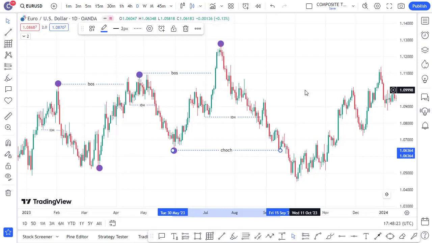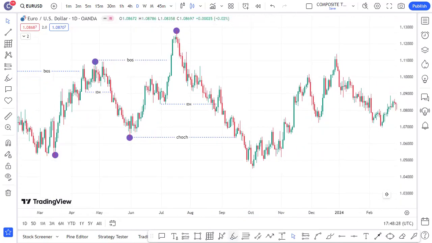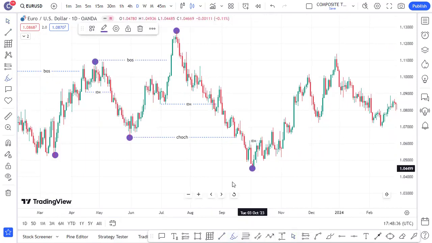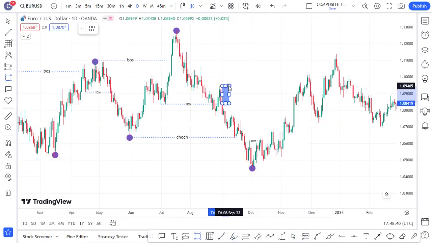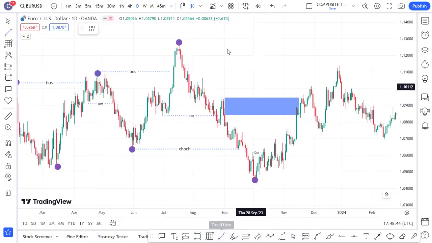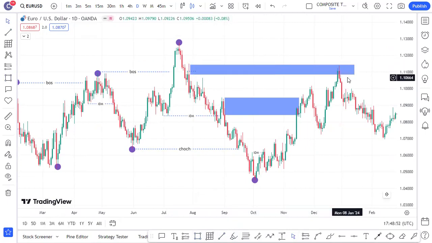So now, since we got a change of character, what are we looking at? We can see right now we got this inducement here. Inducement taken out, and our low is confirmed. Then our positional orb is here, and it happened to fail, right? Fail, and we have this sweep of liquidity here. Sweep of liquidity there. So this was a very nice candle to be used because of sweeping liquidity.